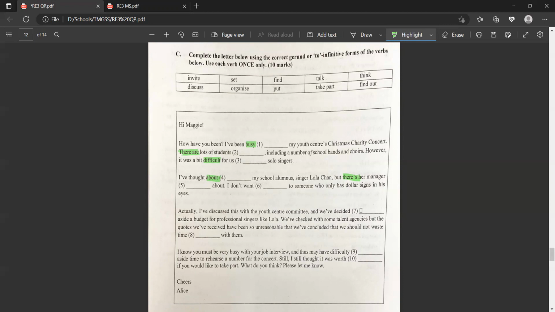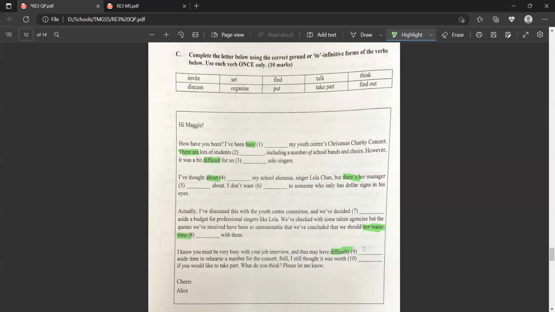We've decided to set aside a budget for professional singers like Lola. So we've decided to either put aside or set aside. So here it will be set aside. We've checked with some talent agencies, but the quotes we've received have been so unreasonable that we've concluded that we should not waste time discussing with them. I know you must be very busy and thus may have difficulty. Here we use set aside. So here we'll be putting aside. Okay. Time to rehearse a number of